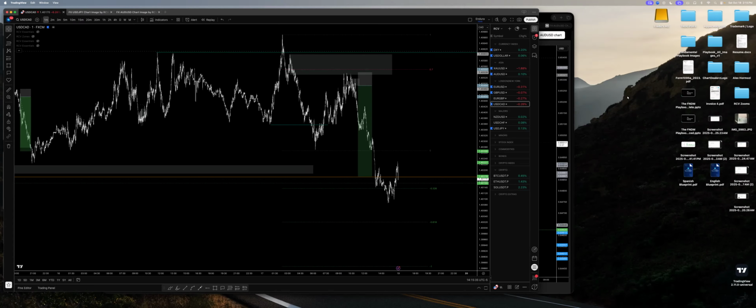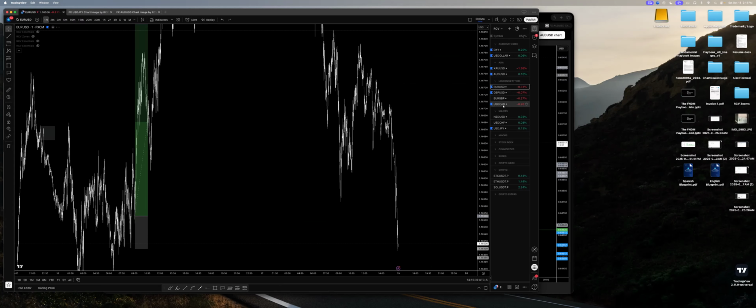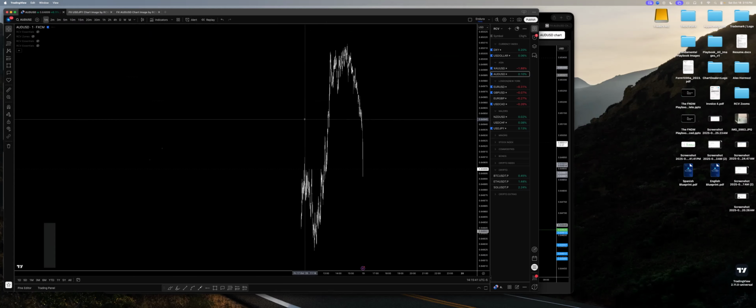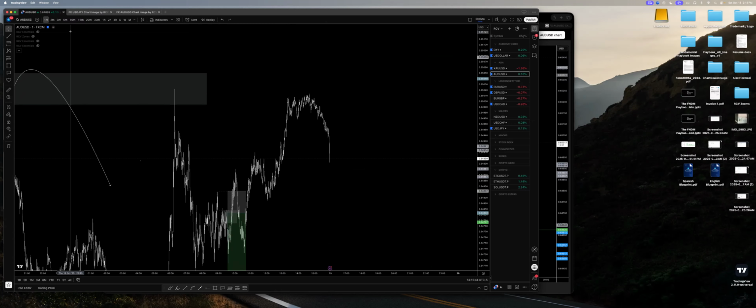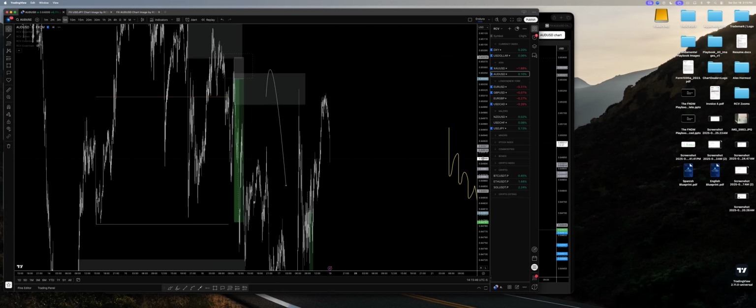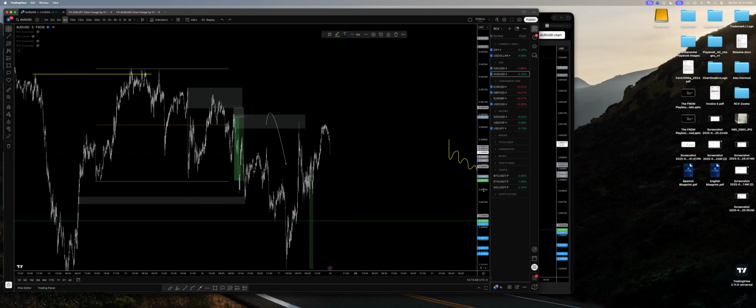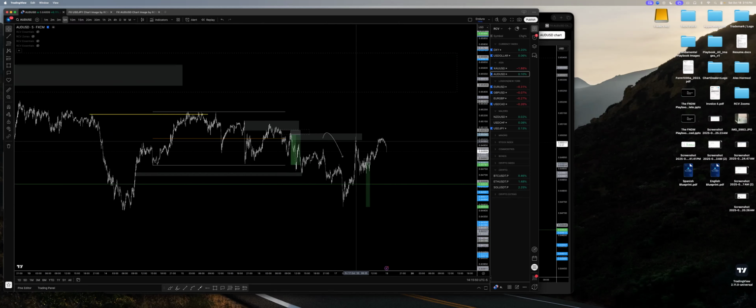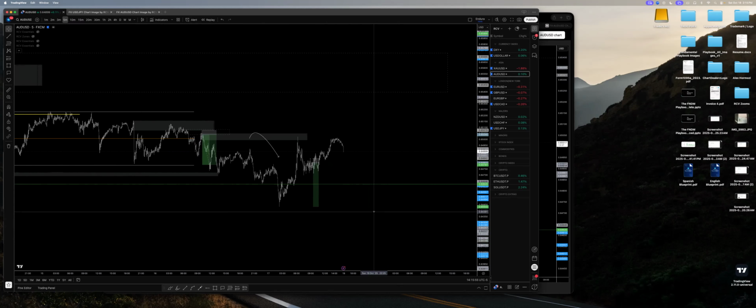Do you consider the momentum price takes into given POIs when making your decision? It depends. Like I think you're referring to this, right? You're referring to this. Yes, I do. But